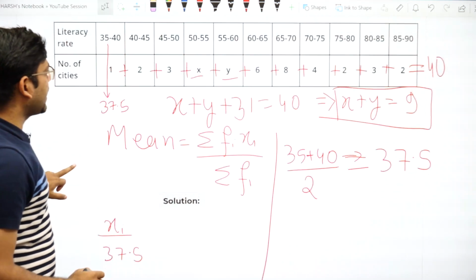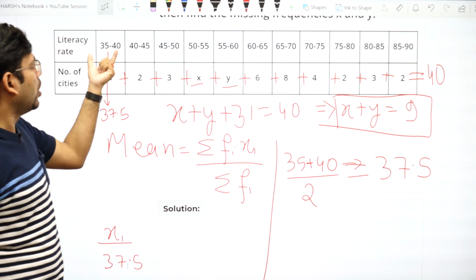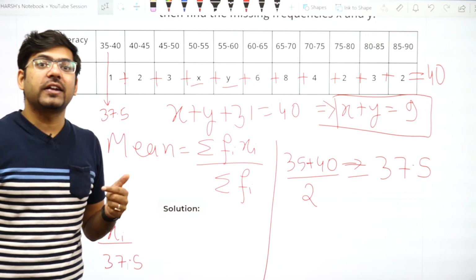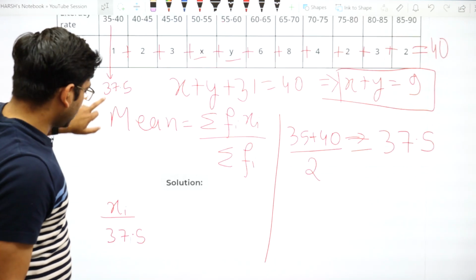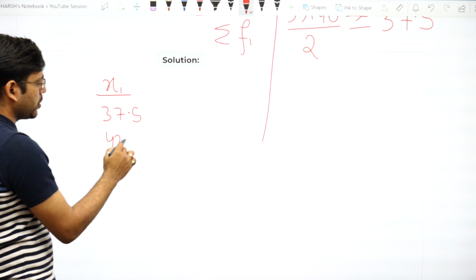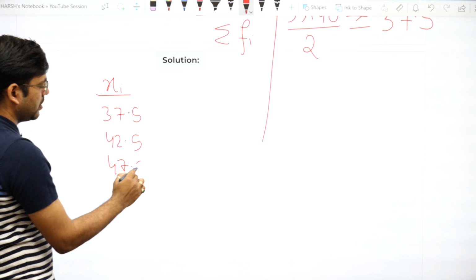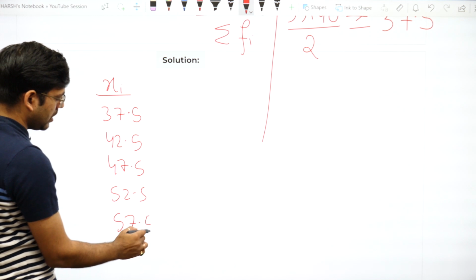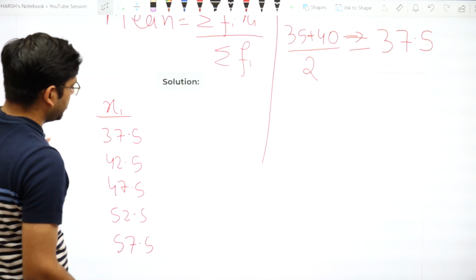All the xi would be at an interval of 5, because all the class intervals are of width 5, so the class marks will also be at an interval of 5. So I am writing down 37.5, 42.5, 47.5, 52.5, 57.5 and thereafter